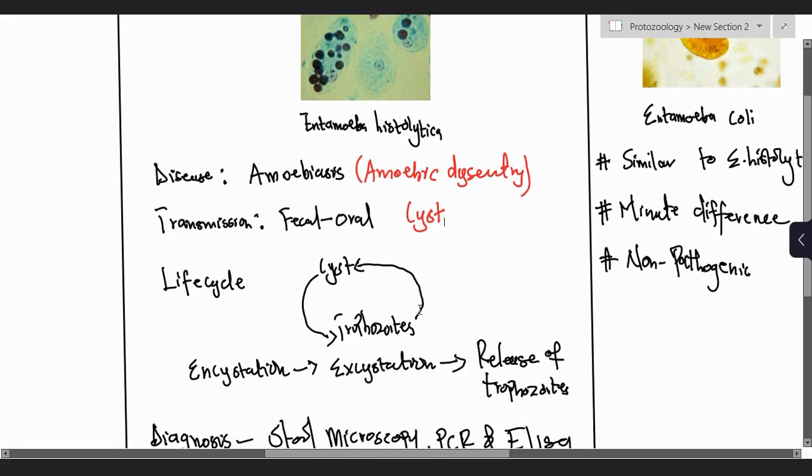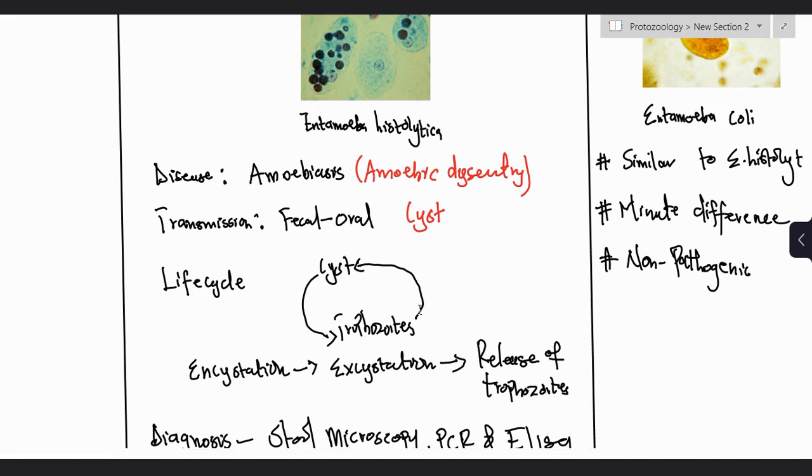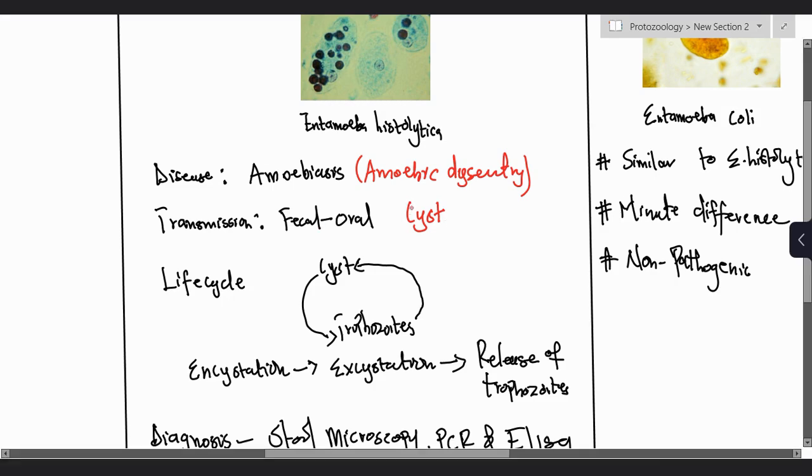So this is the life cycle. First of all, there is cyst formation. Once the cyst has been formed, remember the cyst is mostly passed through stool into water bodies. When that water gets contaminated and you drink the water, you've taken in the cyst. Within the gastrointestinal tract, especially the large intestine, the cyst will undergo excystation, and excystation will lead to the release of the trophozoite. And still within the gastrointestinal tract, the trophozoite will also undergo